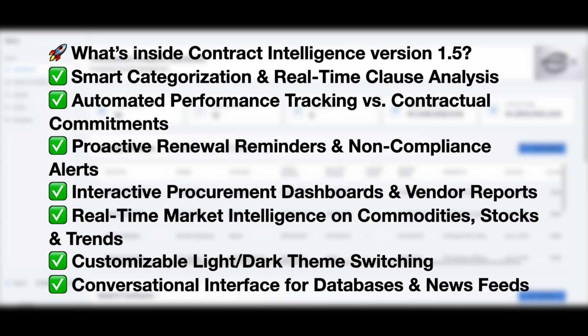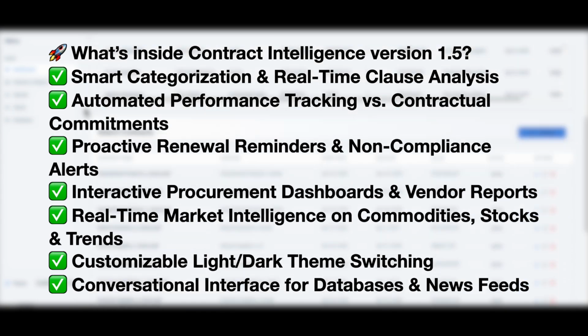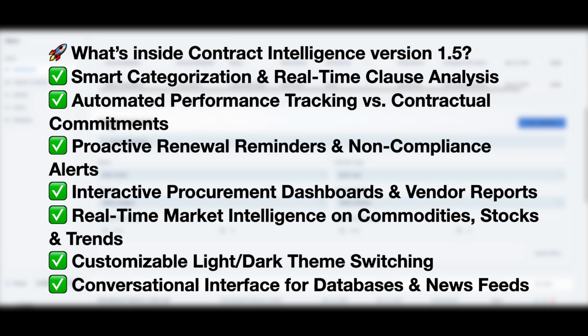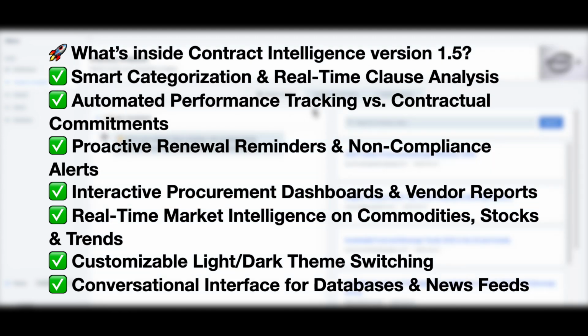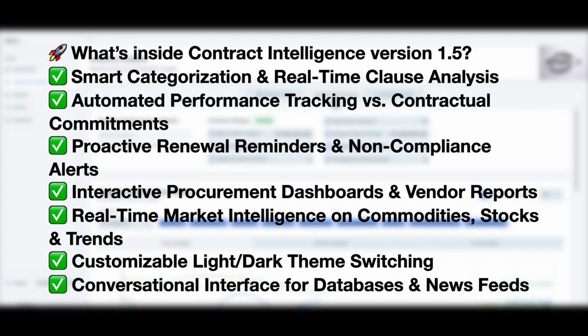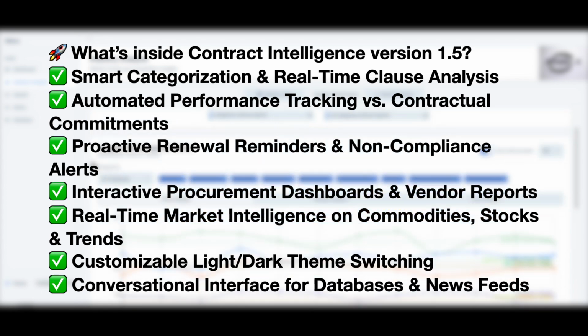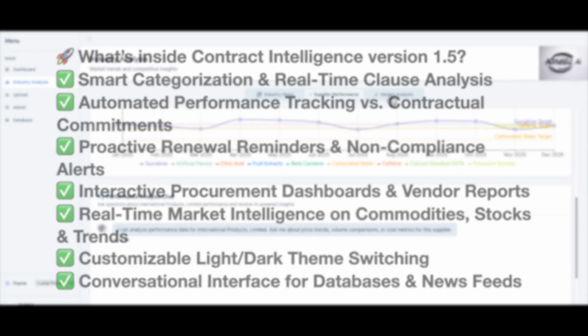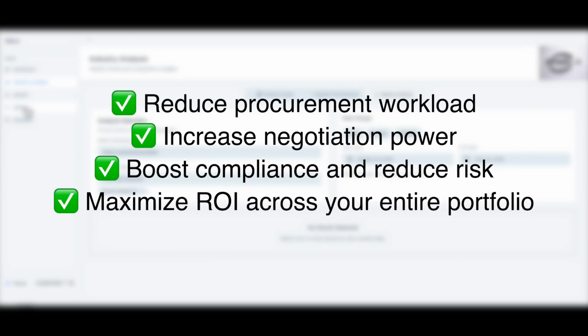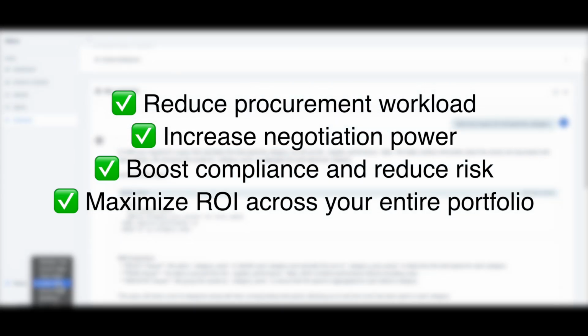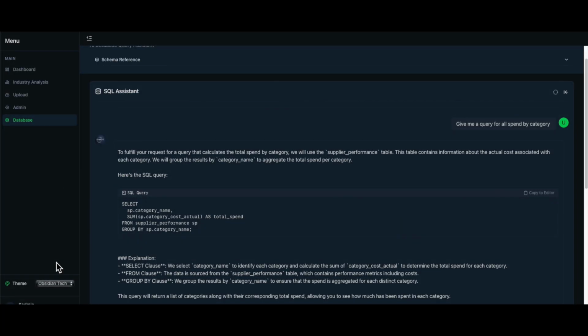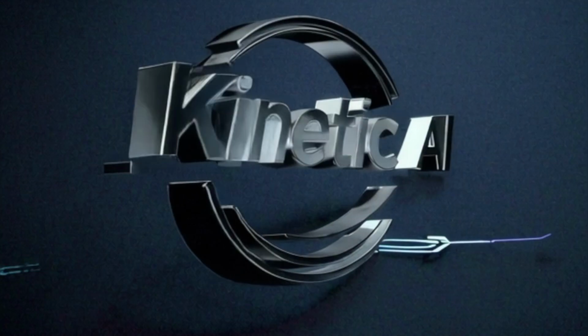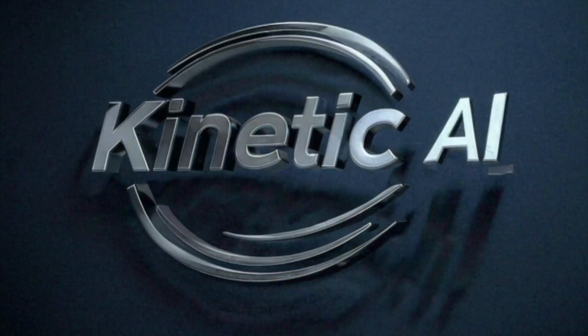Contract Intelligence 1.5 brings it all together. Procurement, market, news, data, contracts. One intelligent command center. Fully modular, fully integrated, fully yours. Accelerate insight, eliminate risk, unlock the power of your contracts. With Kinetic AI's Contract Intelligence